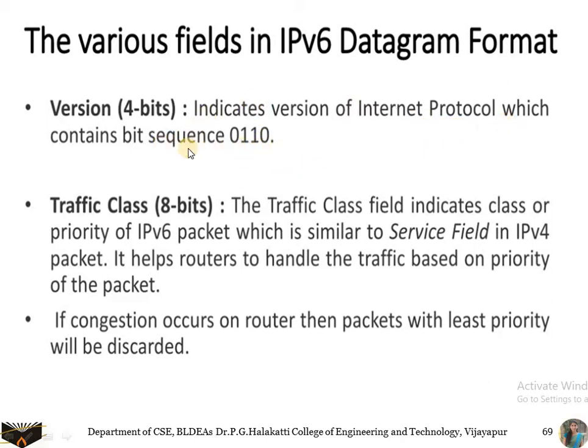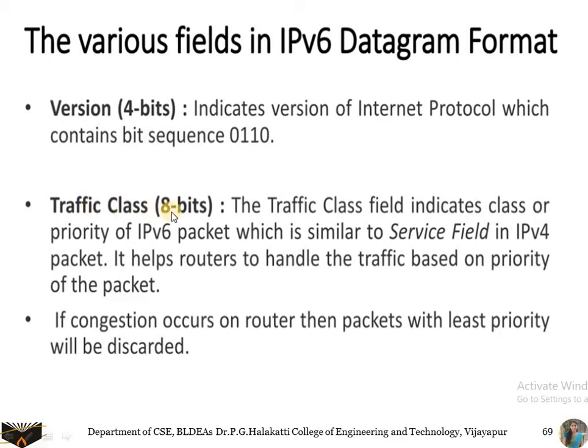So we are going to represent the version field in this format. Right now we have it as 0, 1, 2, and we are going to represent the version in the form of binary decimal formats. Here we have 4 bits which indicate that. If it is IPv4, we represent it in binary format. If it is IPv6, we represent the same thing in binary format. So it is a 6 here, which is the binary representation of the number 6.